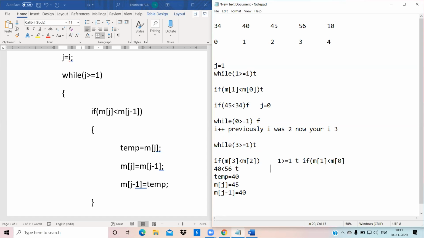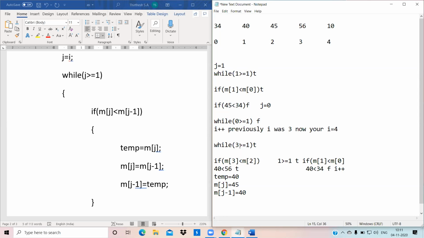So now you check m of 0 again. You are going to check that m of 1 has 40. 40 is less than 34, which means it is again false. Now your i increments, previously i was 3, now i becomes 4.